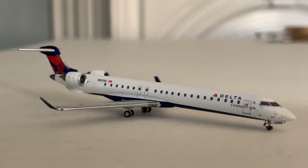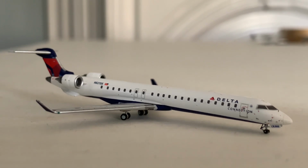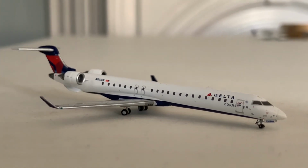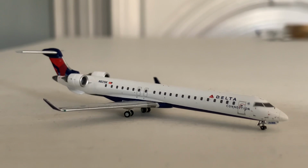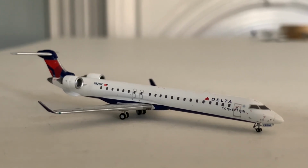Today we're going to be doing another airport update of Lexington Bluegrass Airport. You may notice in today's update I actually have a brand new baseboard for it that is a gray color, so hopefully these updates will look a little bit nicer now than just the wood colored board. But there's a lot of news and interesting things that have happened in today's update. But I'm going to save all that for the end and go ahead and get straight into it with our